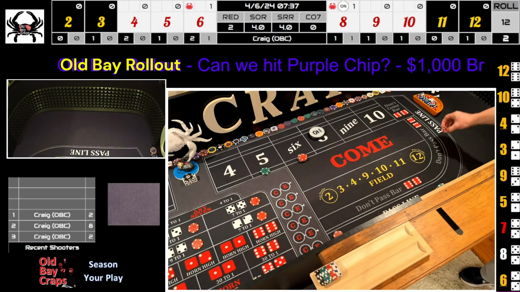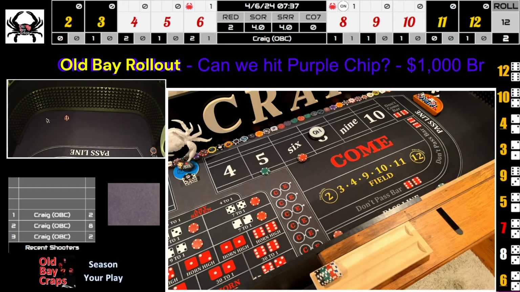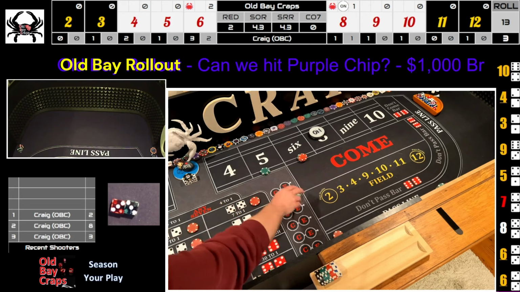Dice out. Hard 6, back to back, baby. Yeah. All right, we're going to win another 45 on the hard 6. We're going to press all the hard ways. And then up top,